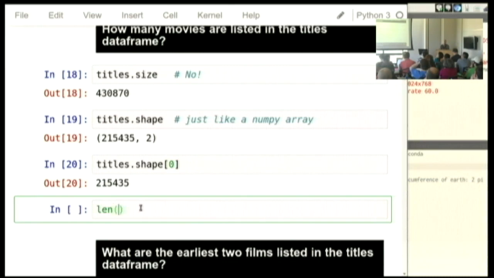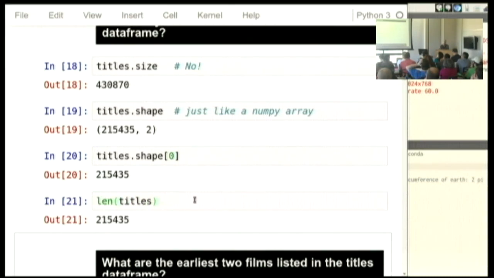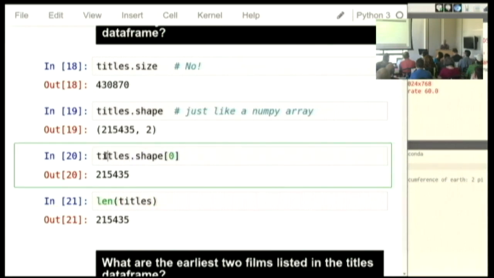For compatibility with how we're used to using Python, you can also ask for the length of a data frame, and it tells you the number of rows as though it's a list of tuples or a list of lists that you would iterate over. But dot shape and, yeah, length, I'll probably use dot shape. I don't like things that, after I've typed a bunch of stuff, make me go back to the beginning of the line and put len paren to wrap an expression. So I actually will be using dot shape because that lets me leave alone what I've already typed on the line and simply keep typing in order to get this number out.